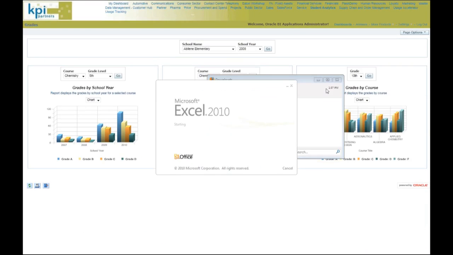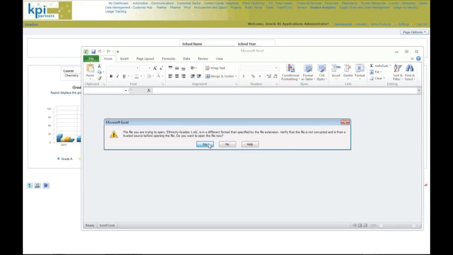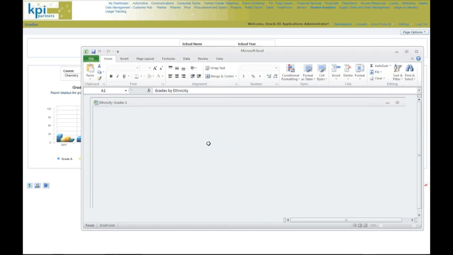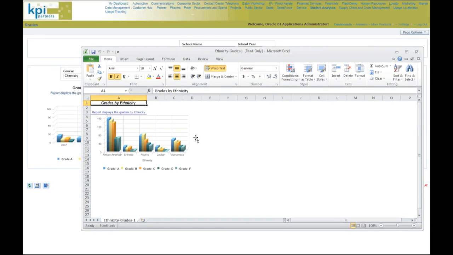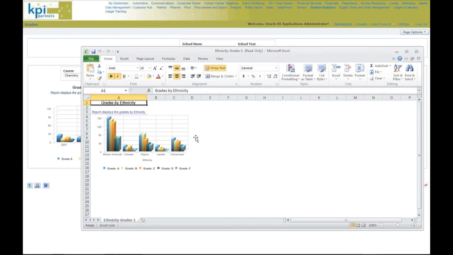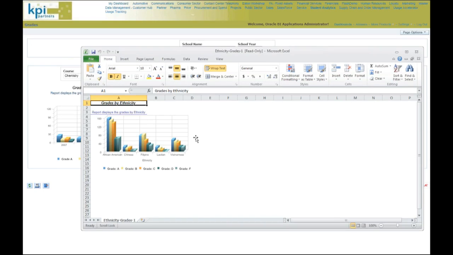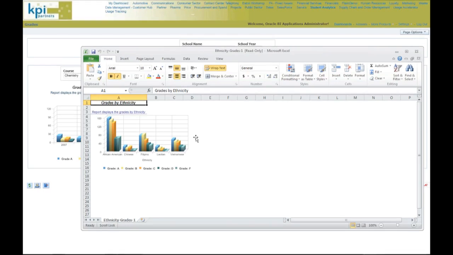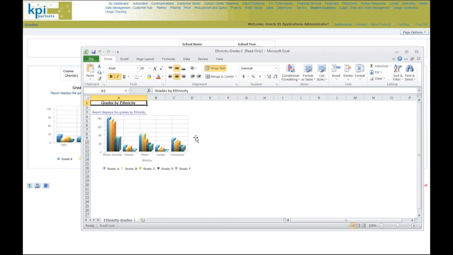Did I click on the wrong thing? There we go. I have complete Office integration so that I literally from the web can either bring in the data, the reports, the charts directly inside Word, PowerPoint, Excel. And actually, once it's in here, I can literally just hit refresh all, and if I have an upcoming